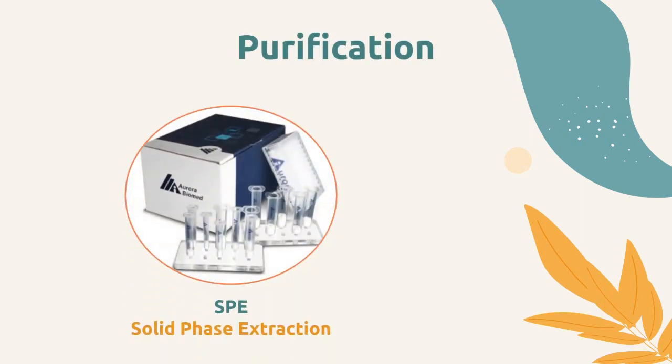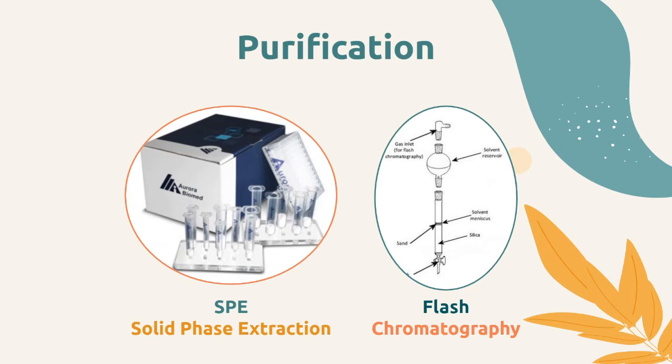SPE purification employs the chromatographic technique that uses a stationary phase and mobile phase to purify the sample, while flash chromatography is a type of column chromatography that uses positive air pressure to push the solvent down. Since SPE is the commonly used technique to purify the galantamine extract, it is the chosen technique for our review paper.